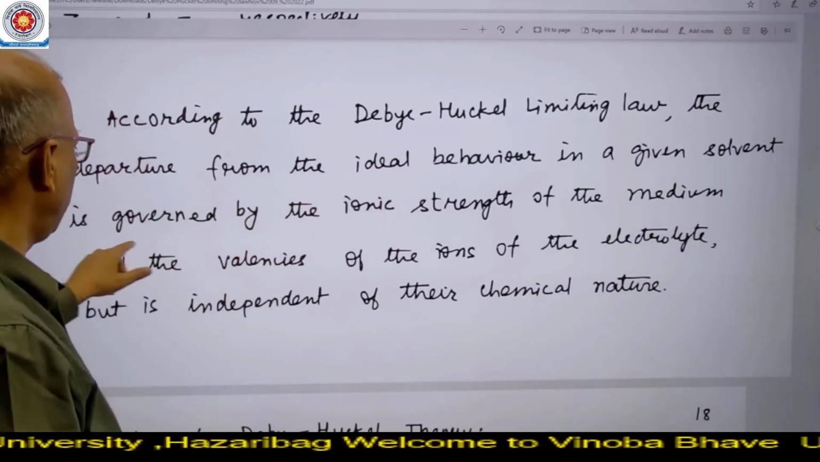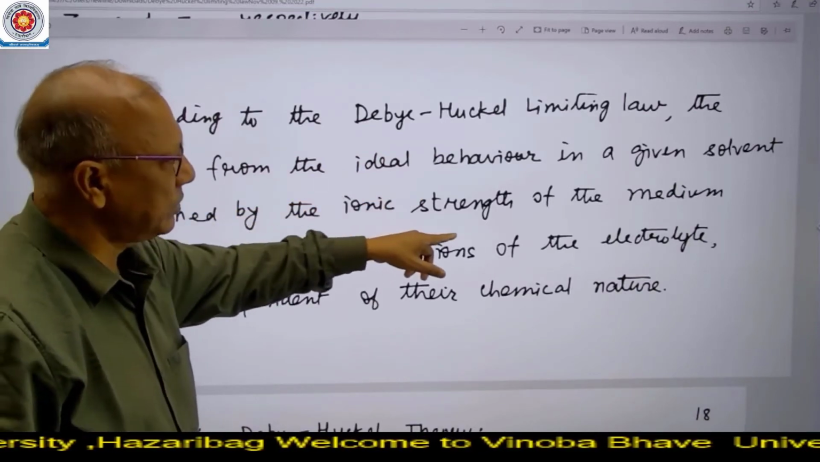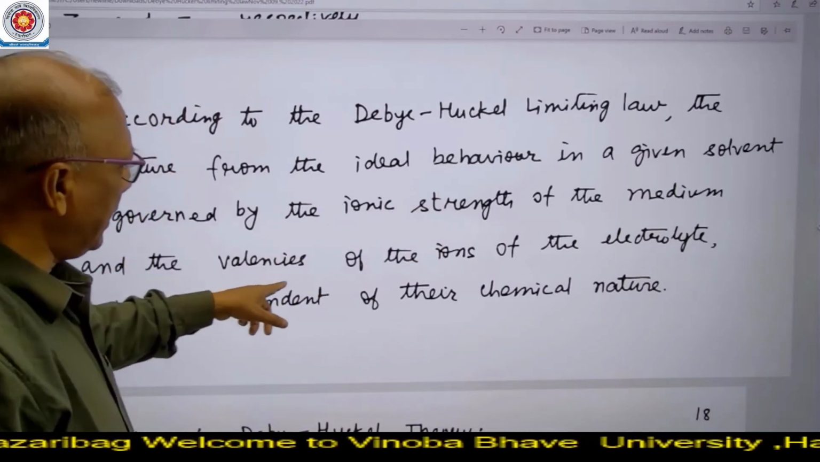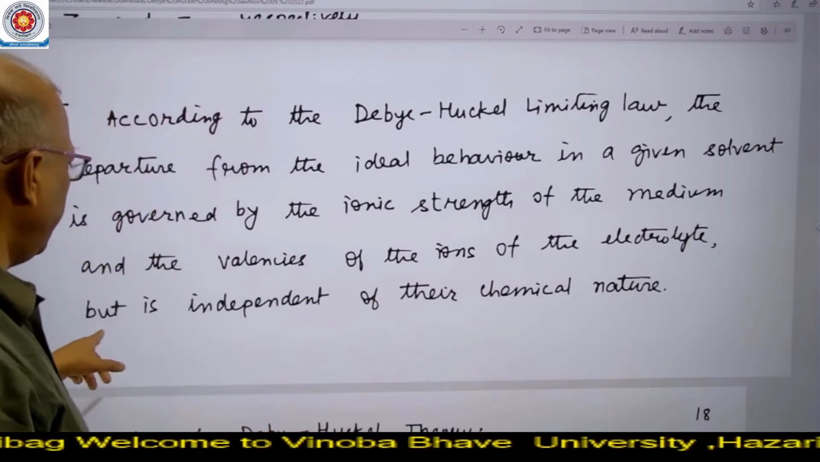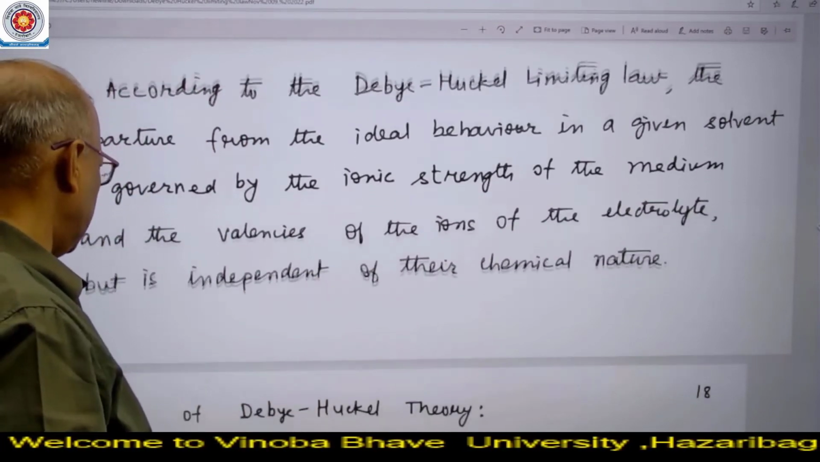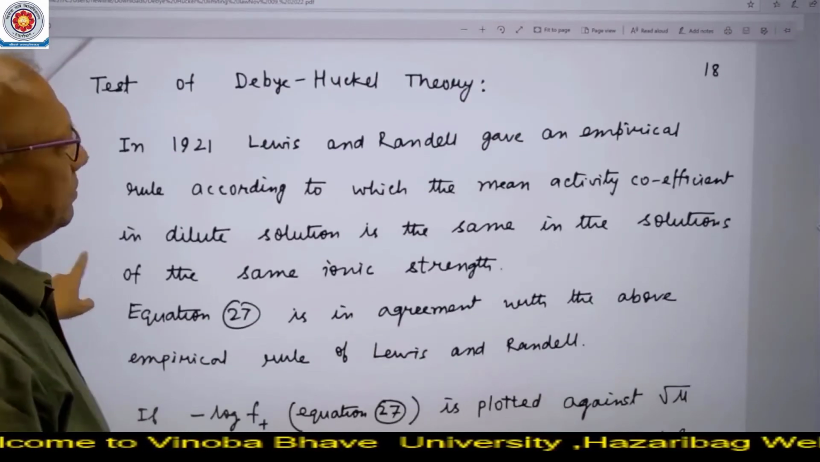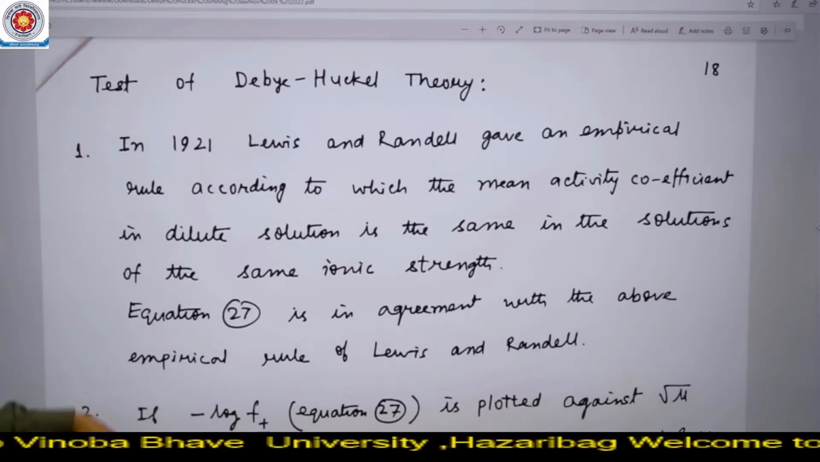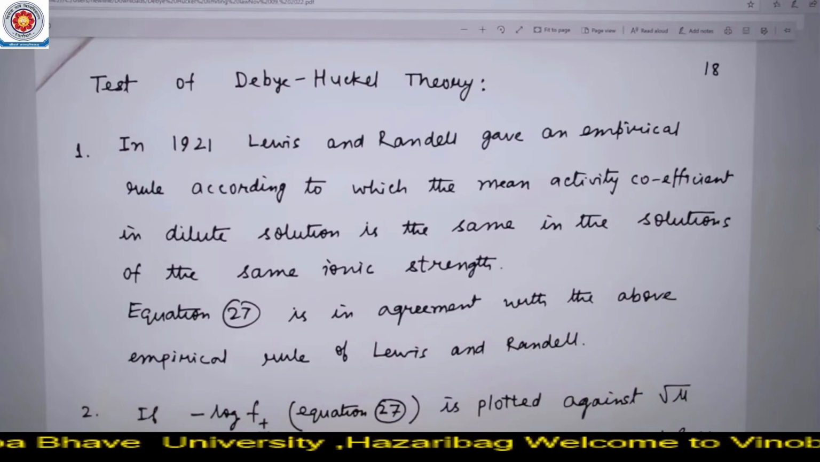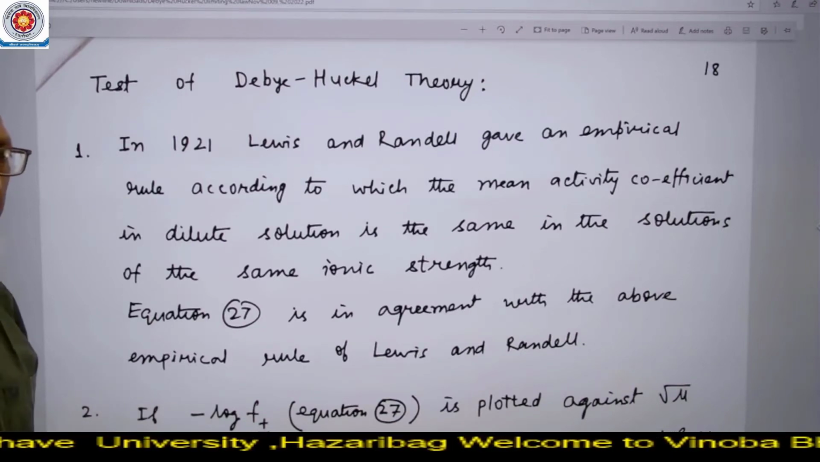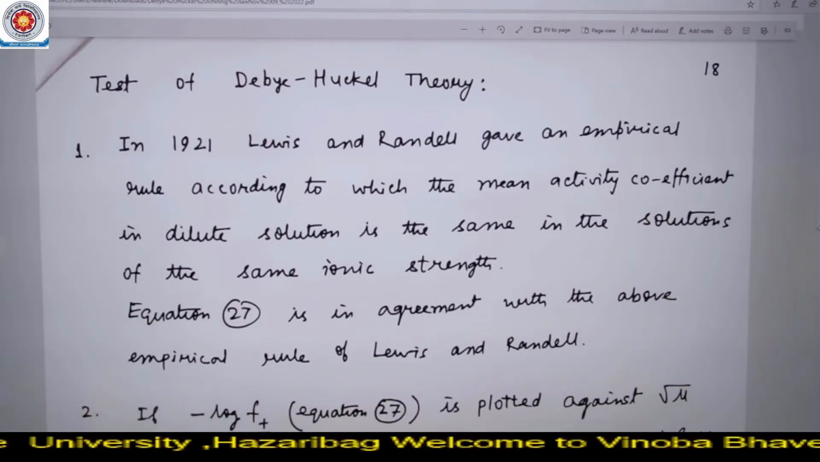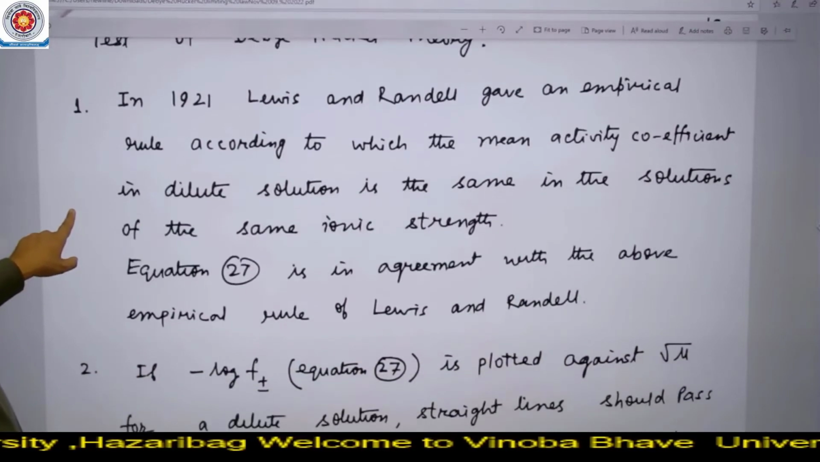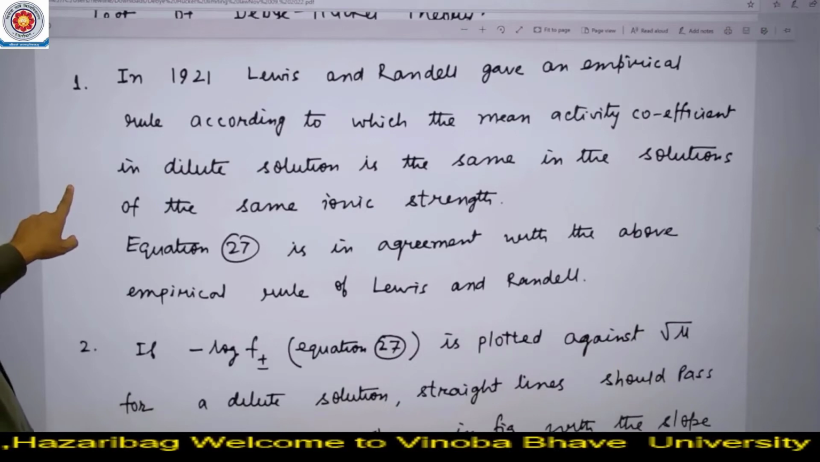behavior in a given solvent is governed by the ionic strength of the medium, and the valency of the ions of the electrolyte, but is independent of their chemical nature। Now the test of Debye Huckel theory. अब Debye Huckel थ्योरी को हम कैसे टेस्ट करते हैं? अगर हम टेस्ट कर लें तो ये पता चलेगा कि हाँ, जो इक्वेशन हमने डिराइव किया है वो करेक्ट है। तो पहला जो टेस्ट है कि 1921 Lewis and